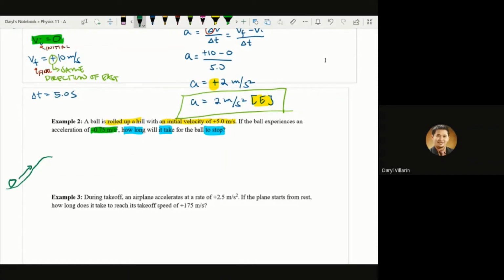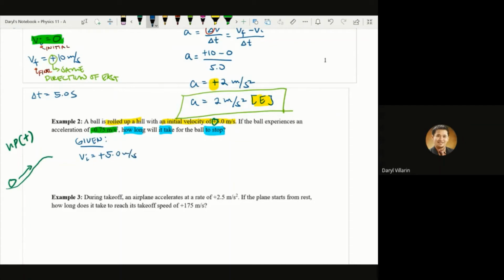Since the initial velocity is positive, that tells you that going up is the positive direction. So going up the hill is the positive direction, and opposite to that would be the negative direction. So I'm going to take note of the things that are given to me. I have initial velocity, so that would be my Vi. That's positive